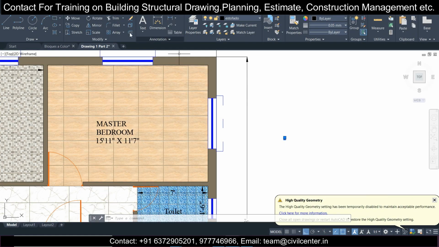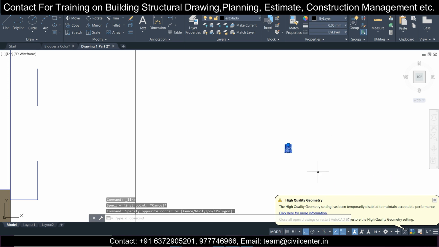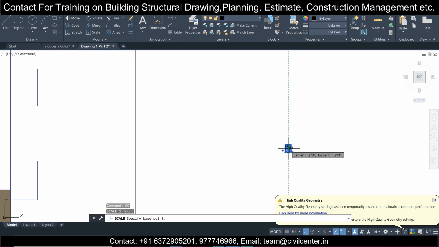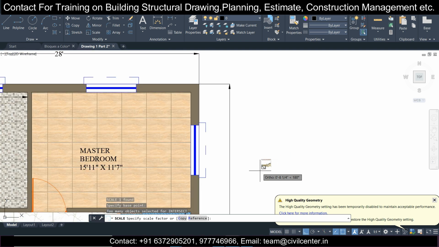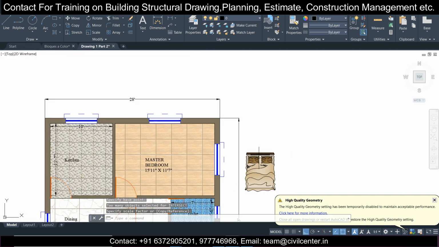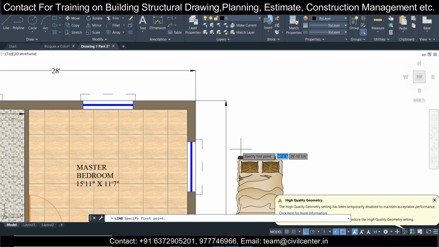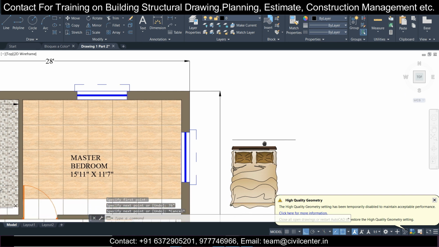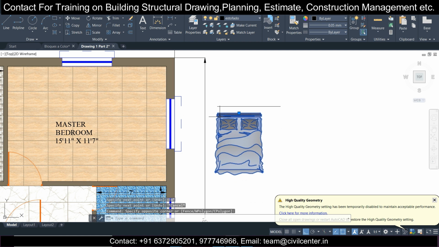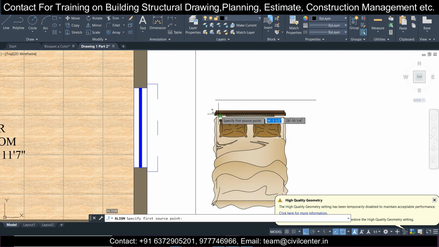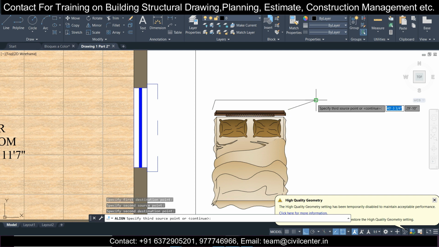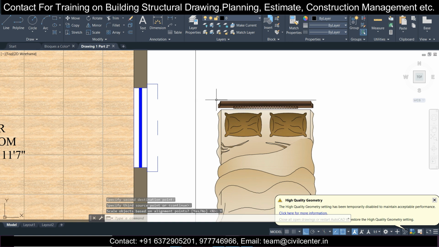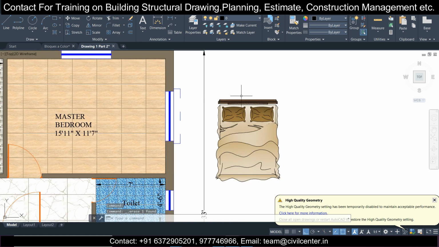So here you can just take a line, and before taking a line, I'm increasing the size a little bit, so that it is easier to align. Make a line from here to 76 inches. This is the standard size for the king size bed. Select this, AL, enter, and align this. Select this point to this, and this point to this, then space, yes, and it aligns. Now delete the line. Like this you have aligned it.